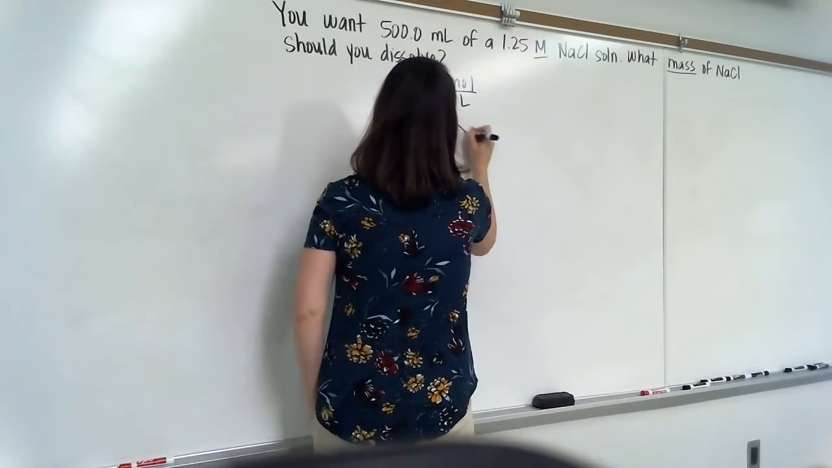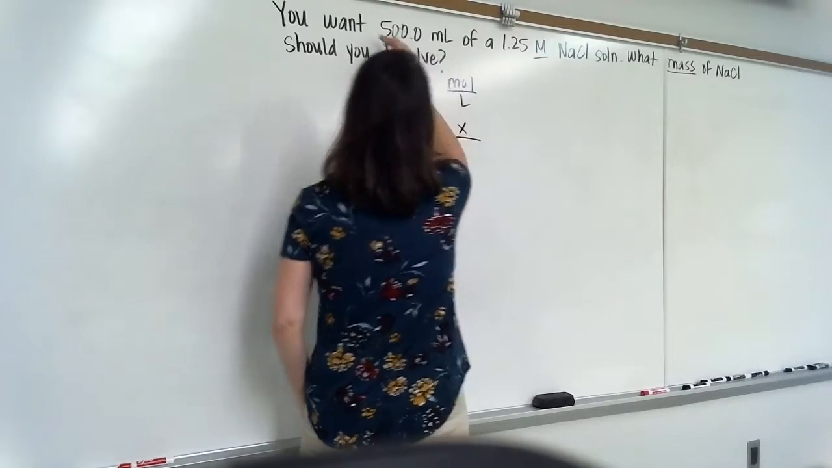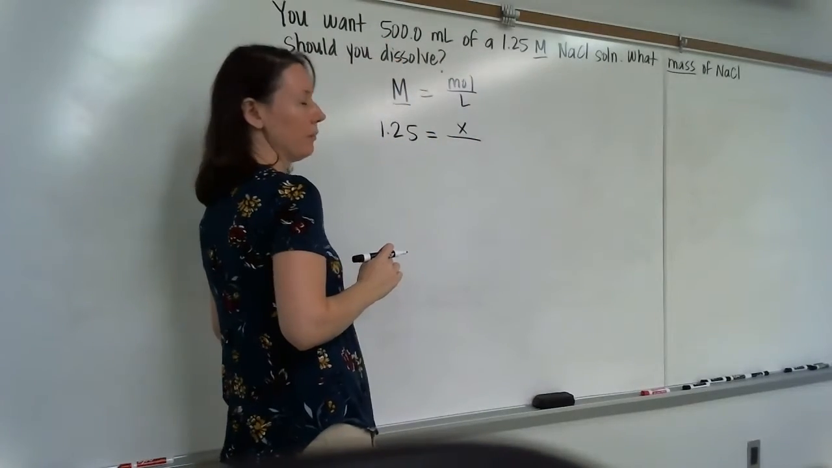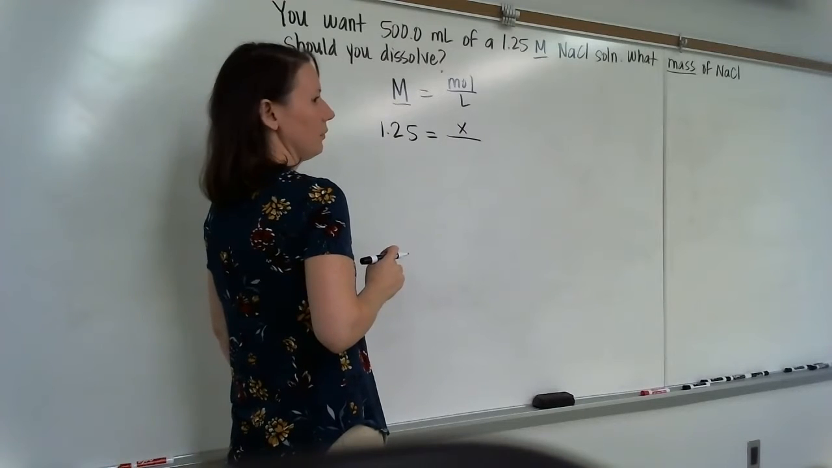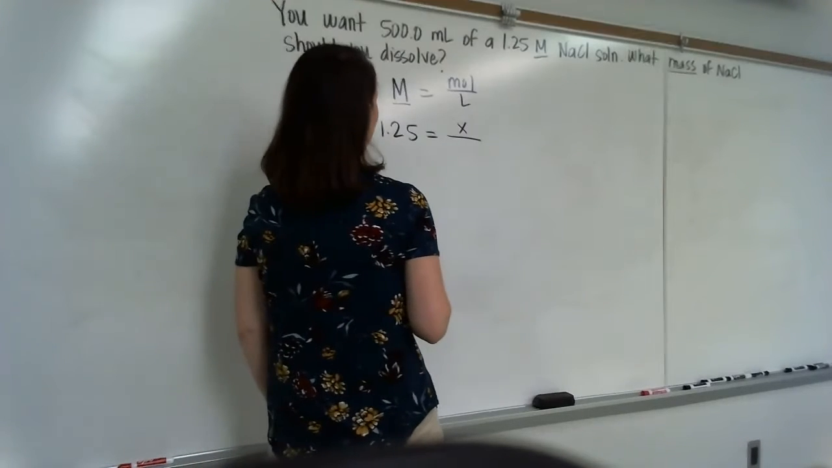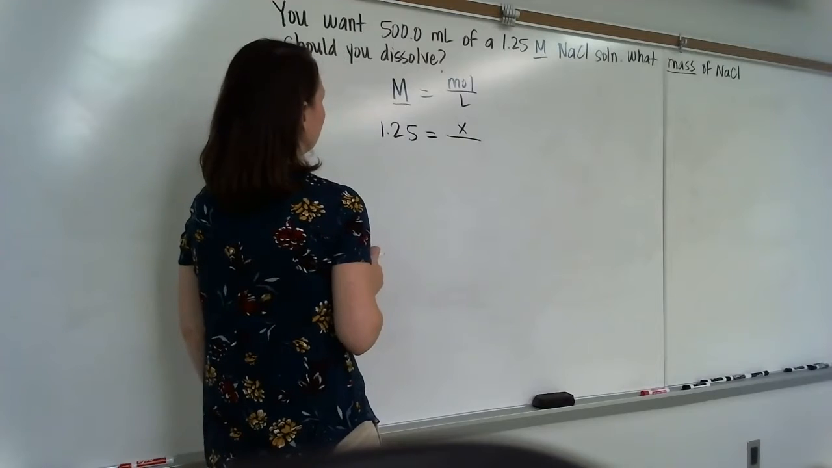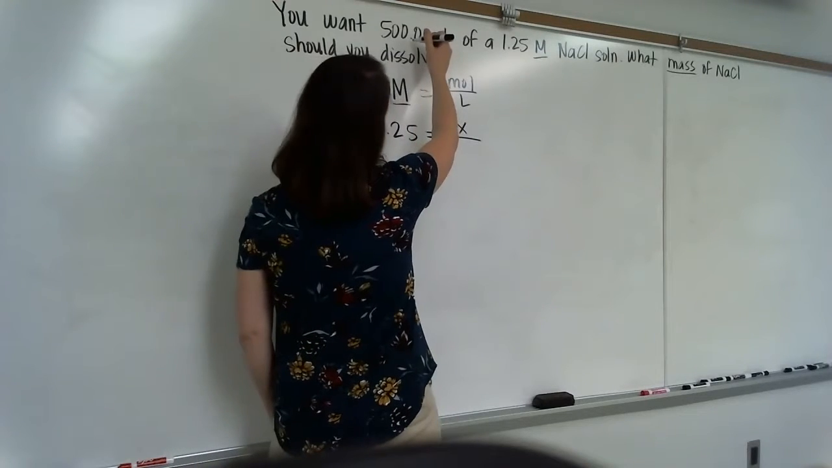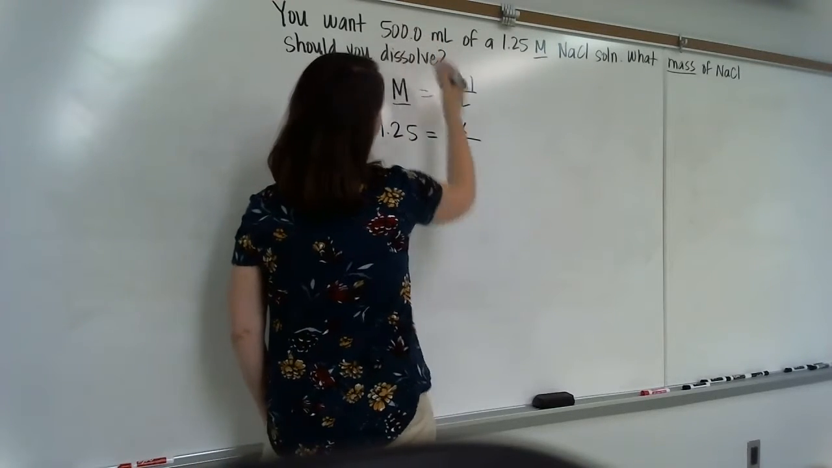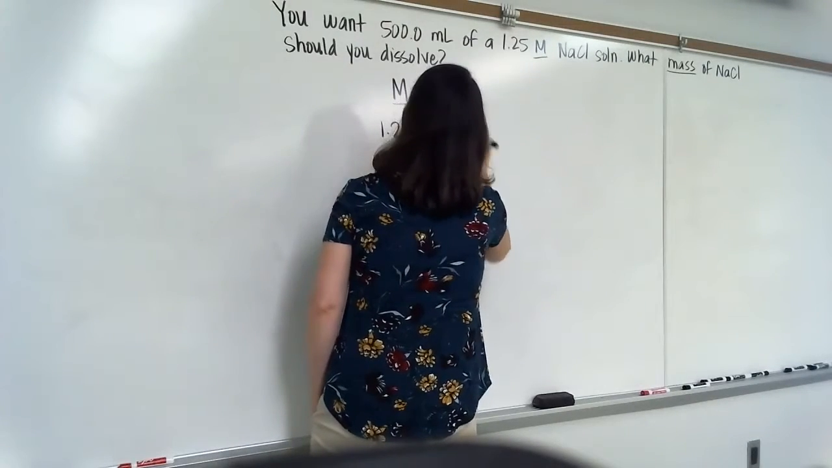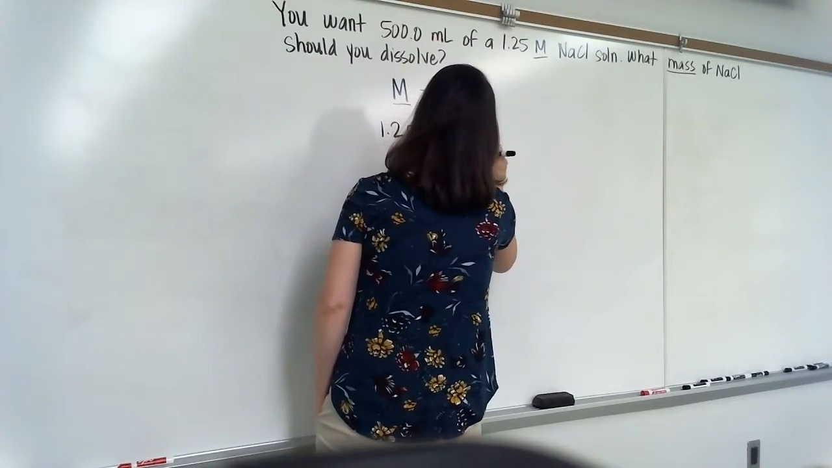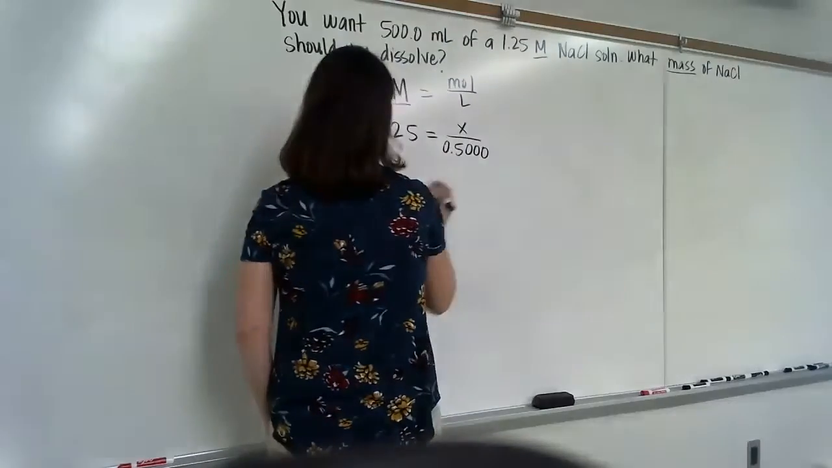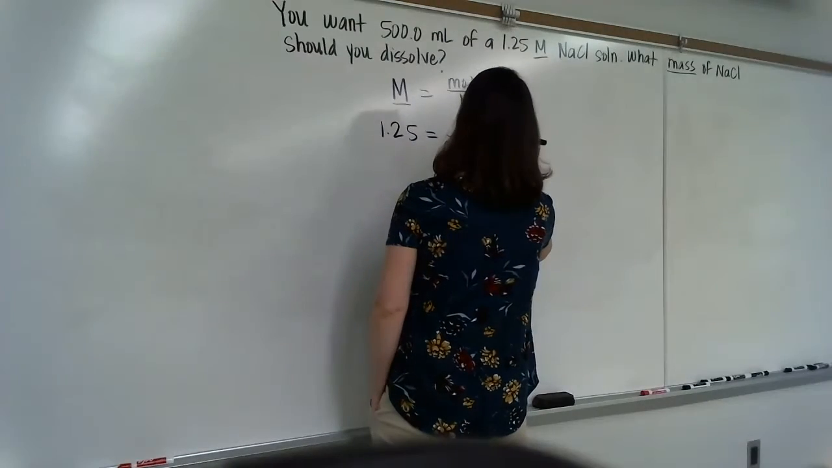1.25 is equal to X over... can we leave that in milliliters? No, what do we need to do? Convert it to liters. So 500 milliliters is how many liters? 0.5, right? We're dividing by 1,000, so 0.5, and then don't forget those sig figs: 0.5000. So to get that by itself,